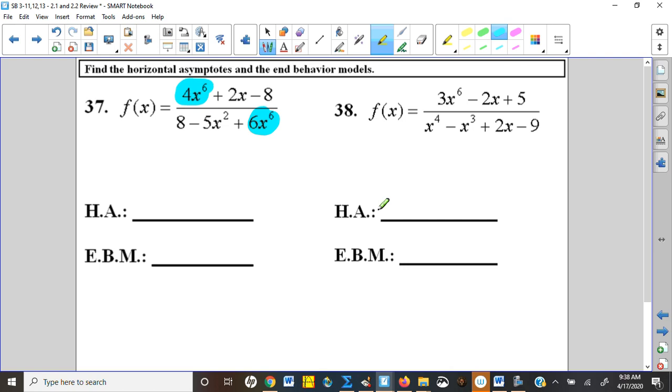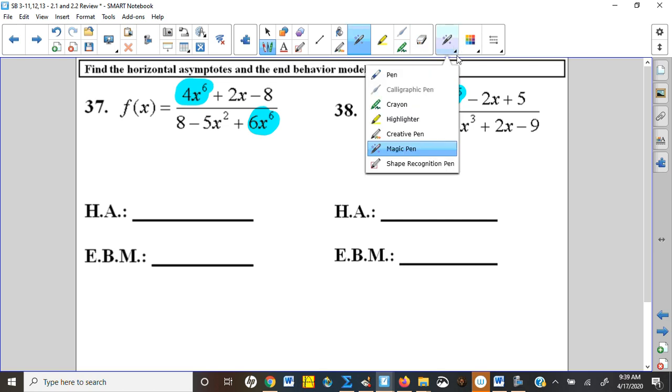Okay, and if there is a tie, the horizontal asymptote is that end behavior, so y equals 2/3. Horizontal asymptotes are y equals, vertical asymptotes are x equals, so y equals 2/3. Number 38, here's your key player up here, here's your key player down here. This time the bigger power is on the top, so when you